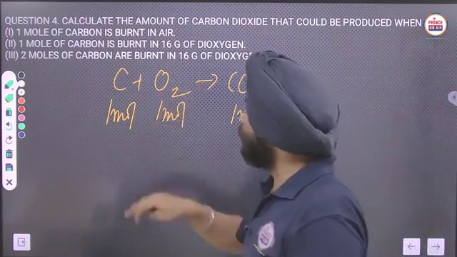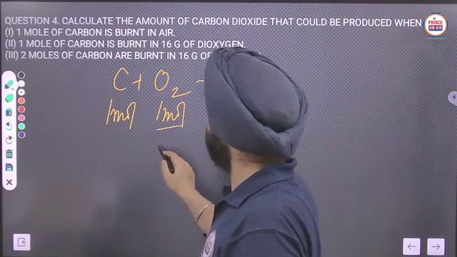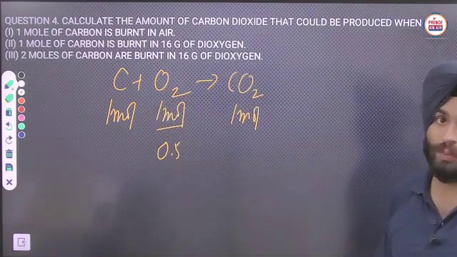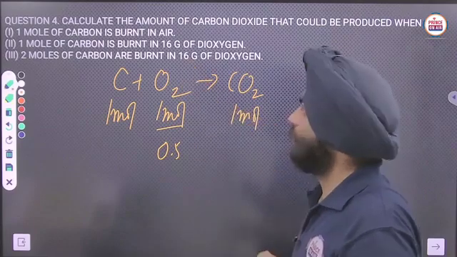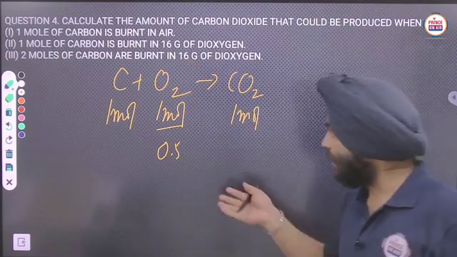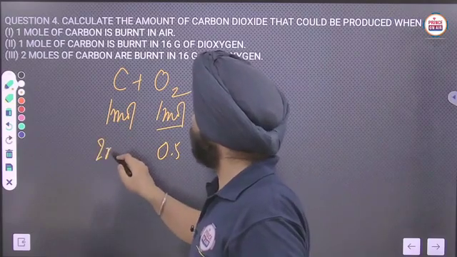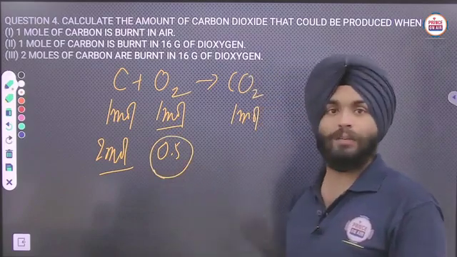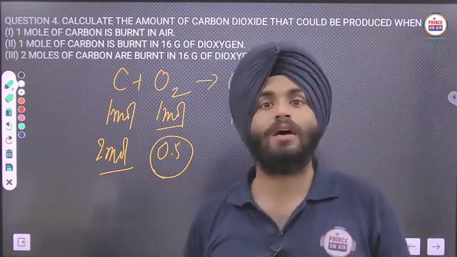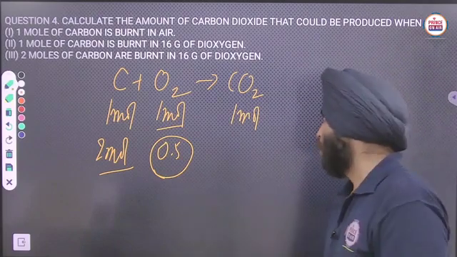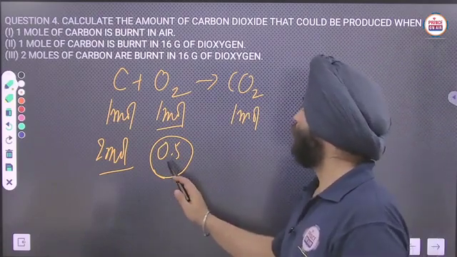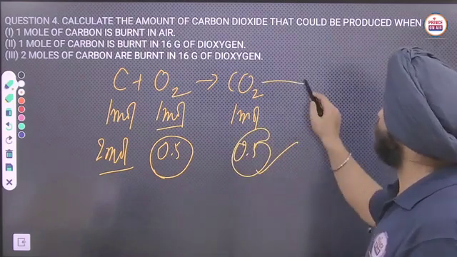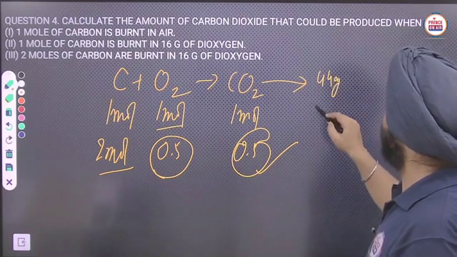Then here, in place of 1 mole we are having 0.5 mole of oxygen, because 1 mole of oxygen is 32 gram, but in this case they are giving you 16 gram only. And in place of 1 mole of carbon they are giving you 2 moles, an excess. The component which is in limited amount will limit the quantity of product. So half mole will form half mole of carbon dioxide. In this way, carbon dioxide in 1 mole is 44 gram, in half mole it will be 22 gram.